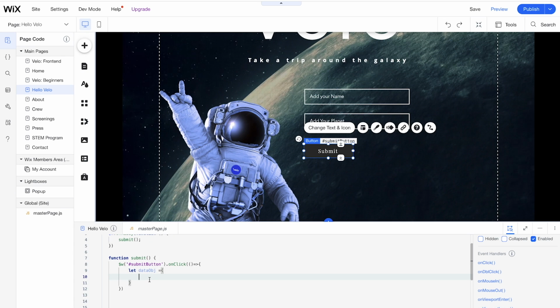So we have the data object, and within this data object, I'm going to create a key for the name, and I'm going to have this name equal the value of what's inside this input, right? Whatever is typed inside of this input when the user is on this page is considered the value. So I'm going to select this input box and then use the value property in order to capture that value that the user is typing in. So this is all dynamic. I'm going to be passing in new data all the time, depending on who's been visiting the page.